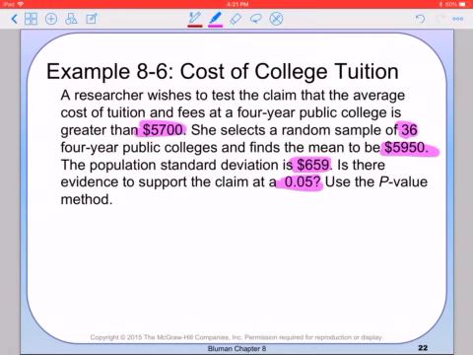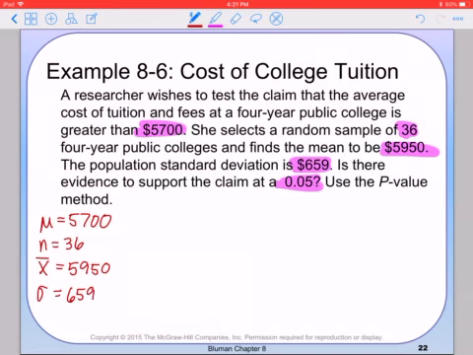Use the p-value method. So here we go. We've got to figure out some variables here. We have mu equals 5,700. We have n equals 36. We have our sample mean is 5,950. We have our population standard deviation is 659. Now we had to figure out our alpha value,